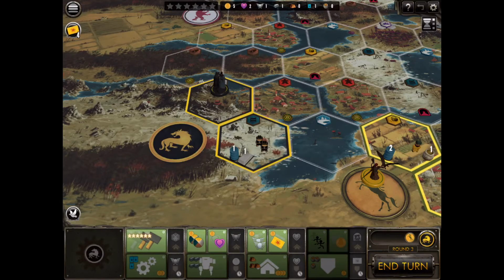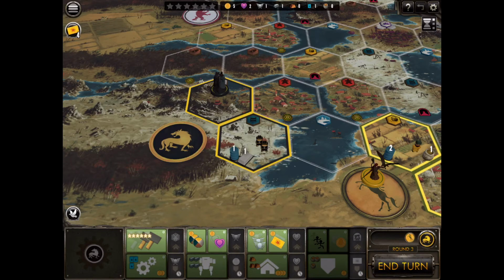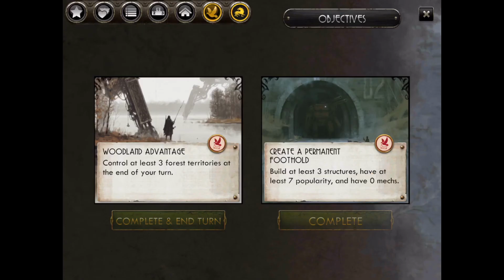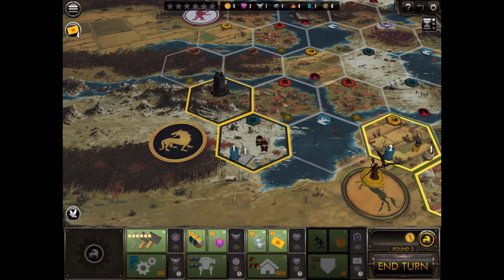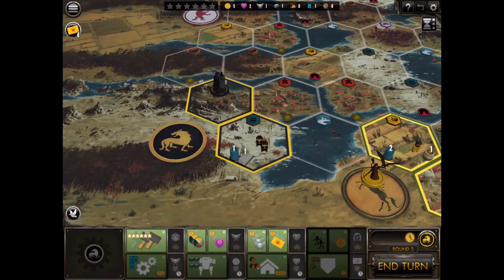If at any point in time you have met one of the criteria, you'll see down here in the lower left where that bird icon is, a little gold banner showing you which one of them you completed. The name of the objective card, let's say Woodland Advantage, would be in this gold banner down here below, kind of giving you the heads up, hey, do you want to go ahead and claim this and gain your star? You can go up here in the upper left and check out the combat cards you have,